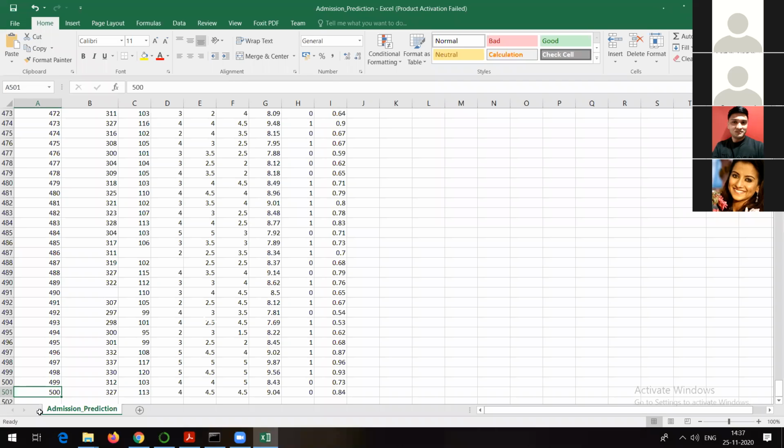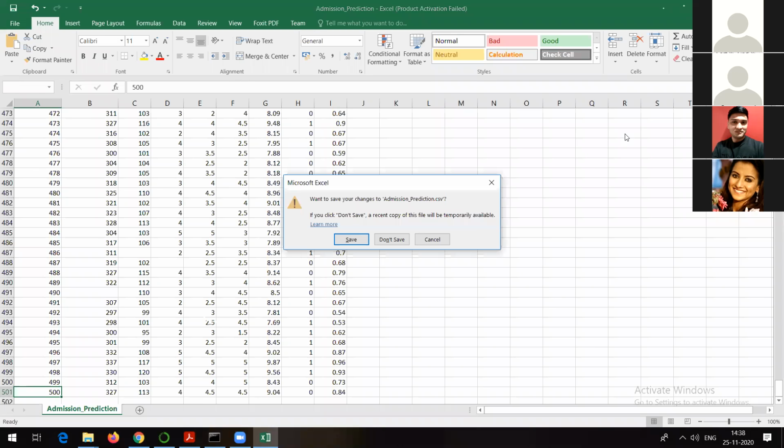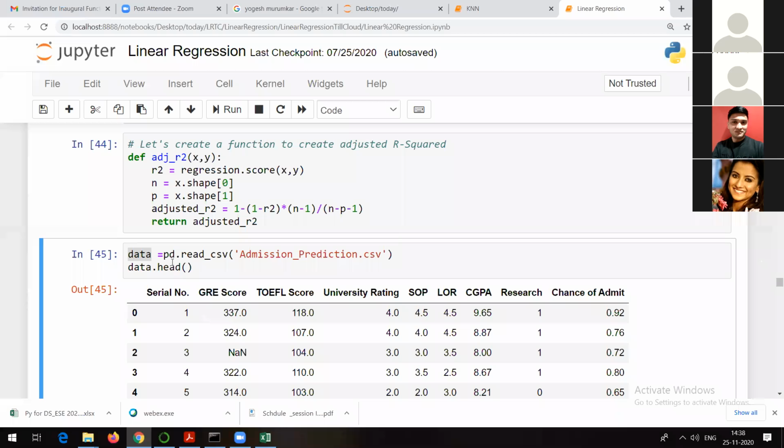Again, 500 is not a big number, because if I had taken a very huge data set, it would have taken a lot of time to model. So in this case, we are keeping it at 500 rows. Close this file. That means in this data variable, all those 500 rows are going to be fetched.